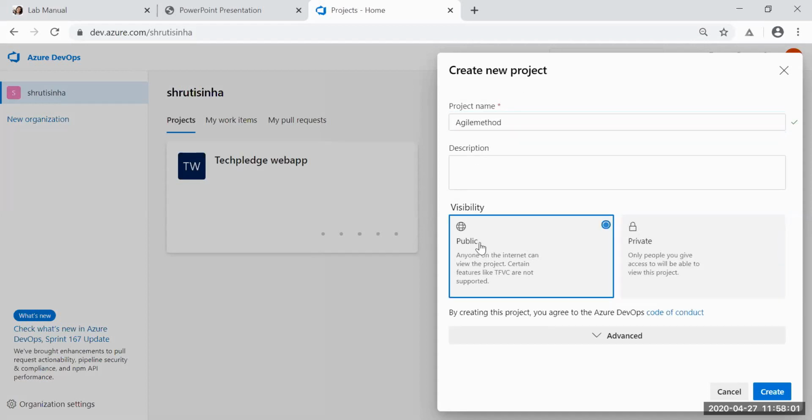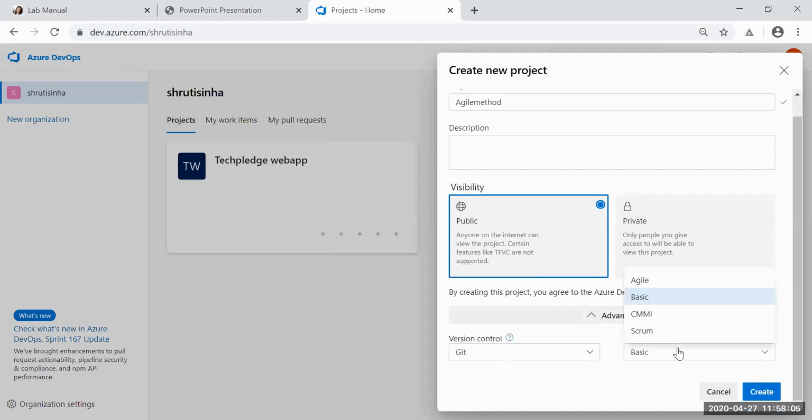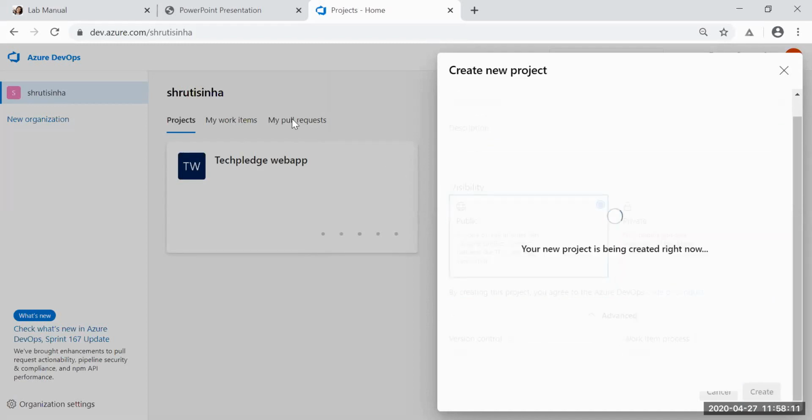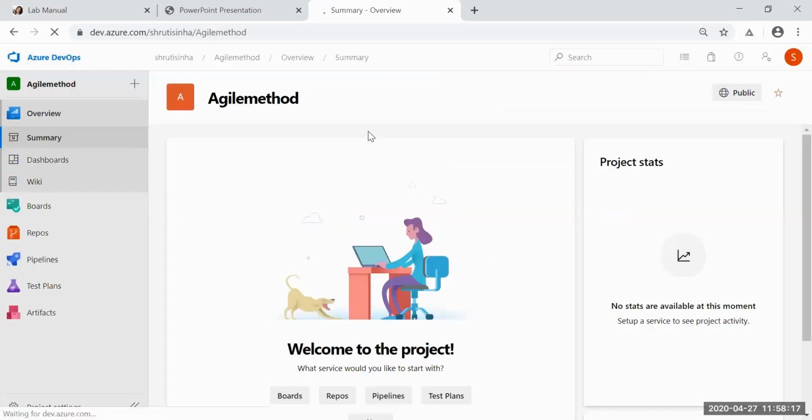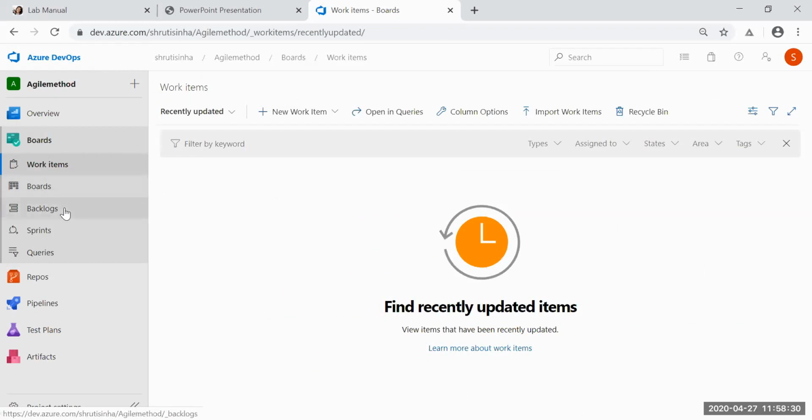Now let's select agile. It means that if my organization is doing projects in any of the processes, even if they are into Scrum, it could be CMMI, it could be agile, it could be basic, they are free to follow their own process.